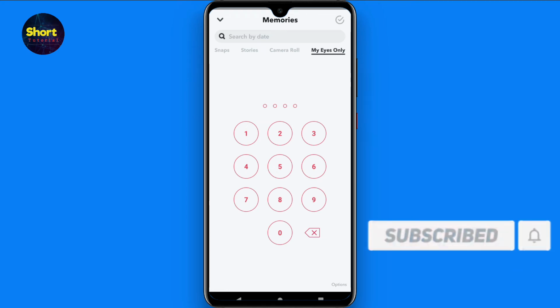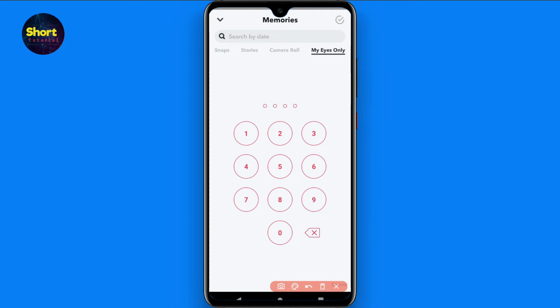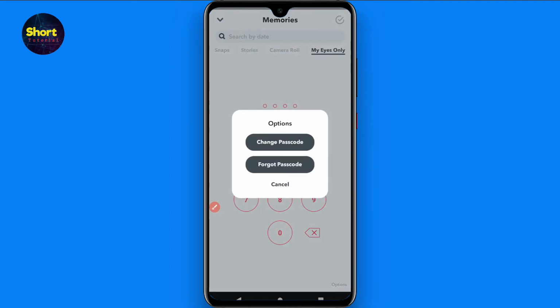But in case you forget your passcode, simply click on the options at the bottom right. Once you do it, you will see two options: Change Passcode and Forgot Passcode. If you already know your current passcode, you can simply go for Change Passcode. But in case you forget your passcode, then simply click on Forgot Passcode, and here you have to enter